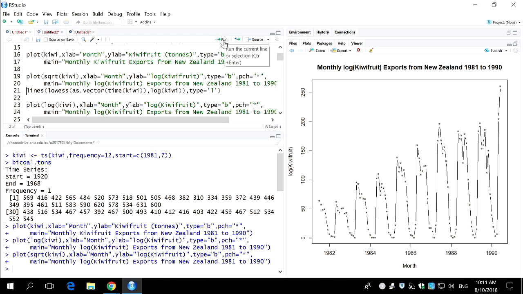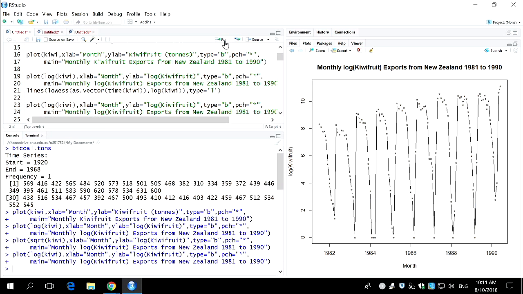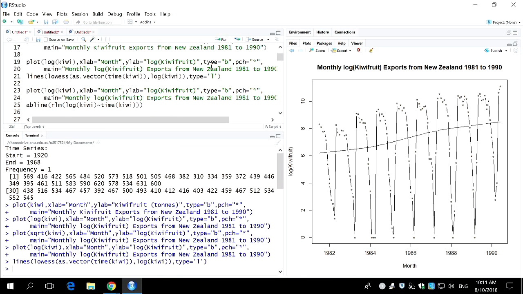So, I didn't know at the start that this was going to be log. You try a few things and you end up at log, okay? And that kind of makes sense in terms of empiricism. I don't have any sort of physical model that suggests export should be on the log scale, right? But we end up on the log scale. So you can try different transformations there. Generally speaking, once you've tried square root and log, you're probably pretty much tapped in terms of sensible transformations, but anyway. All right, and there's the loess curve that runs through the log data, and you can see that